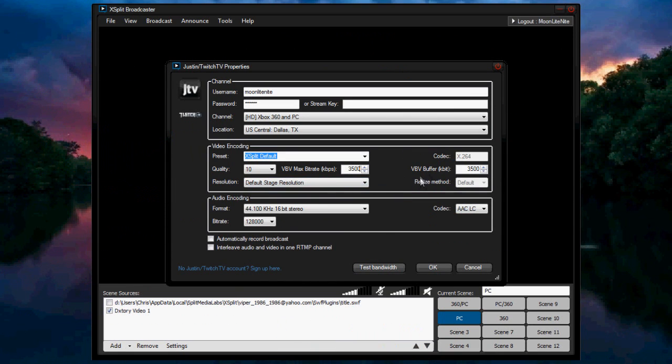Oh, and let's see, the other thing here is the buffer. Generally you want to leave this the same. People say to double it, some say to half, some say to quarter. In reality, it should be left the same. You can double it if your internet speed kind of meanders up and down a little bit. But if it does, you're already going to have crappy gameplay